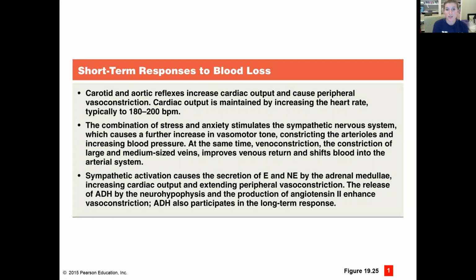The combination of the stress and anxiety is going to increase your sympathetic output. It's going to cause that vasomotor tone to increase and constriction of the vessels on the venous side so that the blood is staying on the arterial side instead of pooling and kind of slowing down in the venous side. That sympathetic activation is going to cause the release of epinephrine and norepinephrine. It's going to cause an attempt at an increase in cardiac output, and ADH and aldosterone to be released and